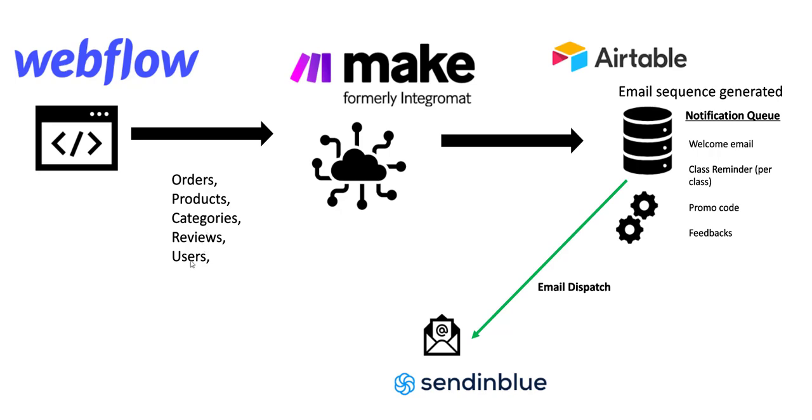All of the orders, product categories, reviews, users, and instructors are synchronized to Airtable, and then once they arrive in Airtable, all of the automations that I created link all the data, check duplicates, and create the email sequence that will go into the notification queue, which are basically the welcome email, one class reminder per class, which are generated dynamically because each course can have a different number of classes, promo codes, feedback, emails to review the classes, etc. And once the date of an email is today, the emails will be dispatched to Sendinblue directly from Airtable